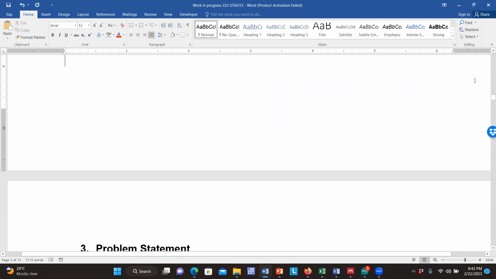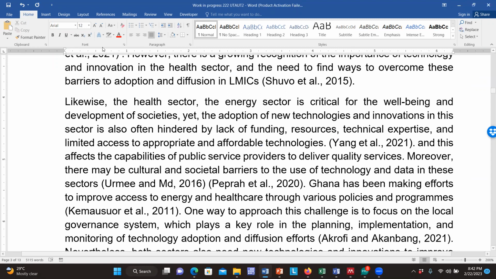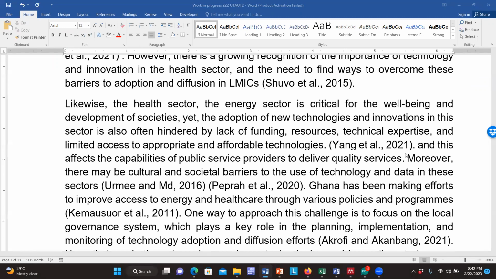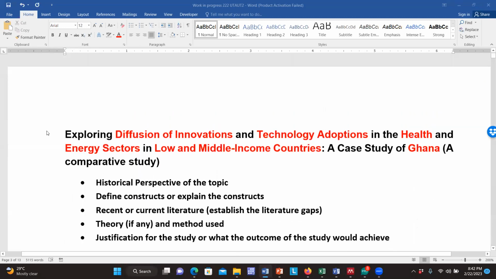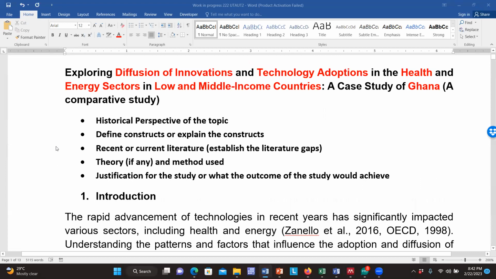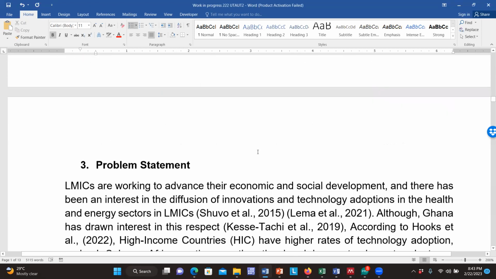Okay, let me take you there. So this one, recent literature review, which established the gap, is what you are going to expound